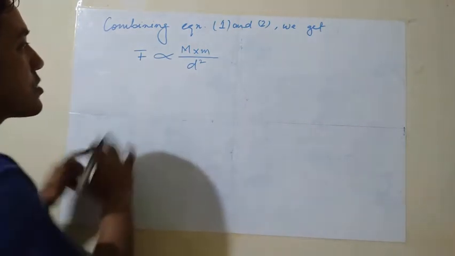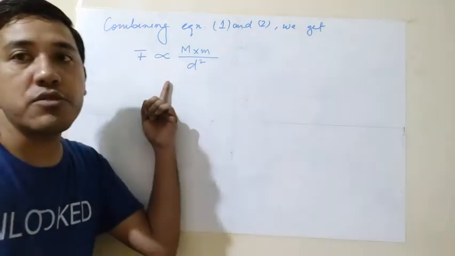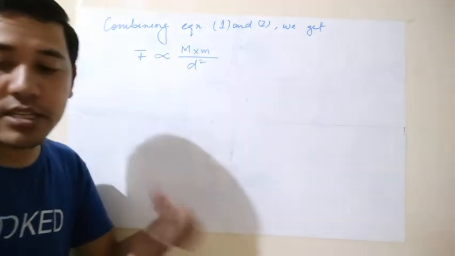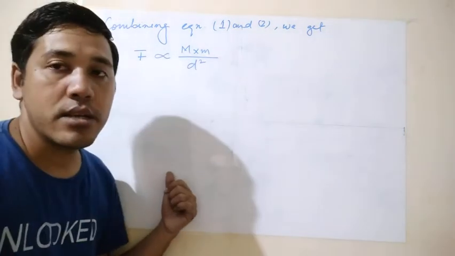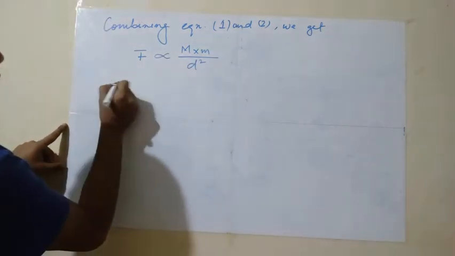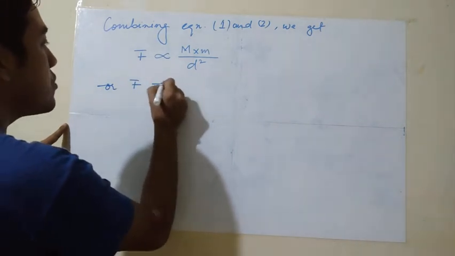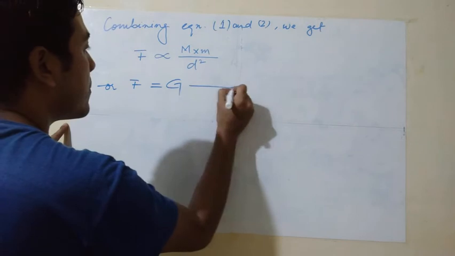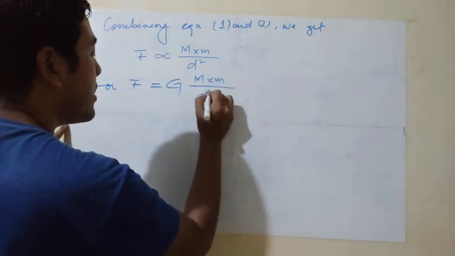Now this is the proportionality sign. We want to change this proportionality sign into the equality sign. Then we need to keep one constant, that is F is equal to G of M into M by d square,